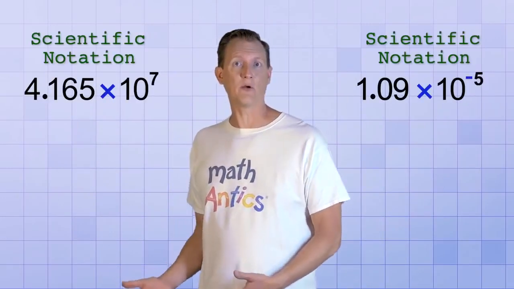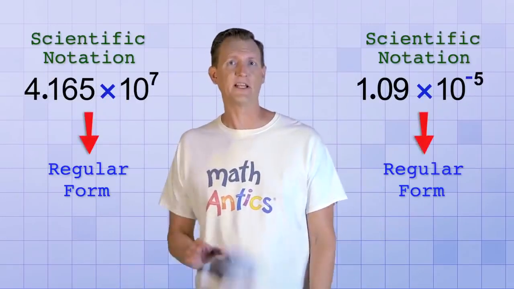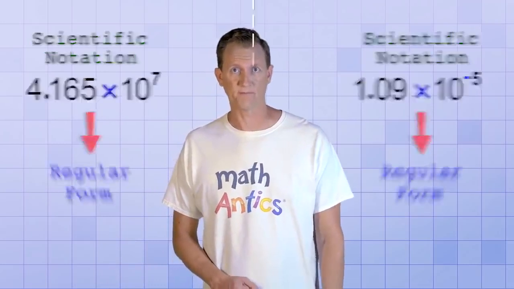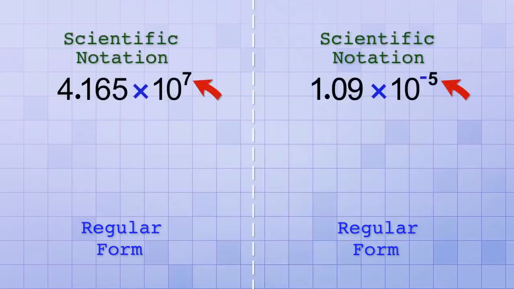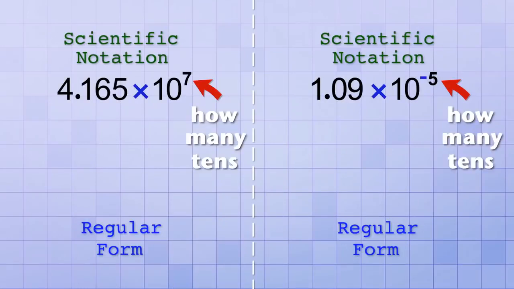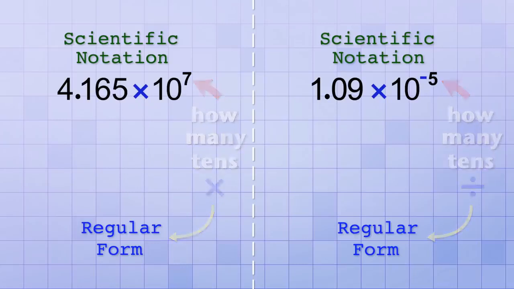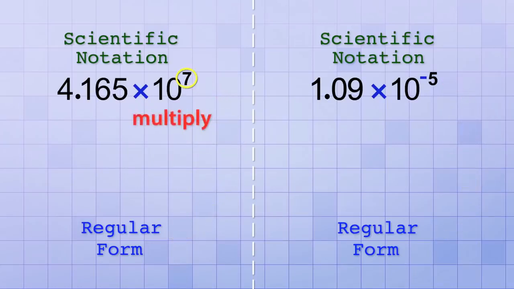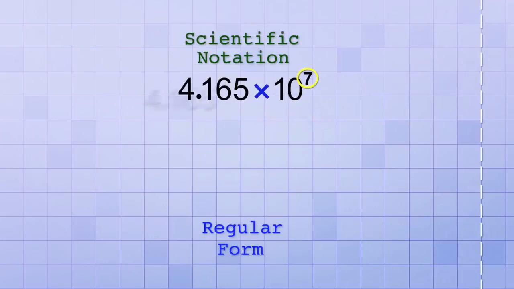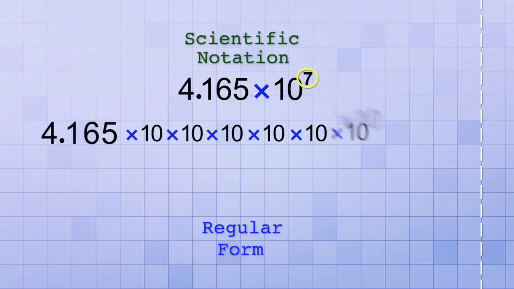But what if we start out with numbers that are in scientific notation and want to convert them into regular form? Let's do that with these two examples. The first step is to look at the exponent, which is the order of magnitude of the number. It tells you how many tens you'll need to multiply or divide by to get the number in regular form. If the exponent is positive, it means that you'll need to multiply by that many tens. In this example, that means that we would need to multiply by a total of 7 tens to get the